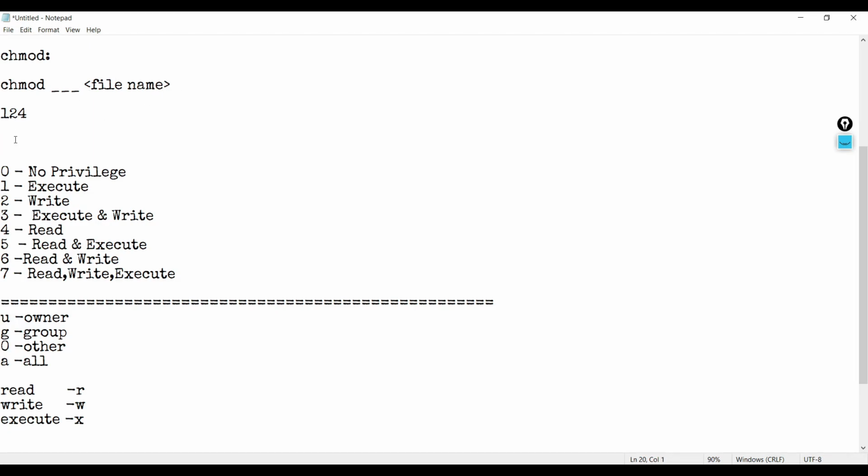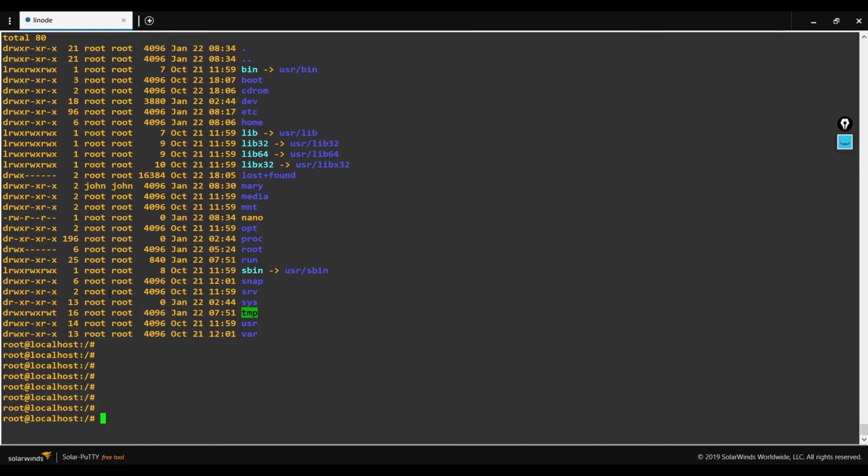Also we can use 0, which denotes no privilege. If I am giving 770, it won't give any privilege, not even read access, to the other users. So this is how we need to define the privilege by using the numericals.